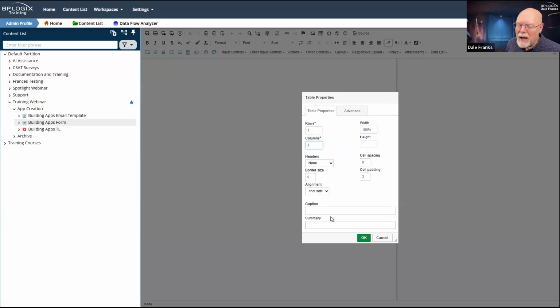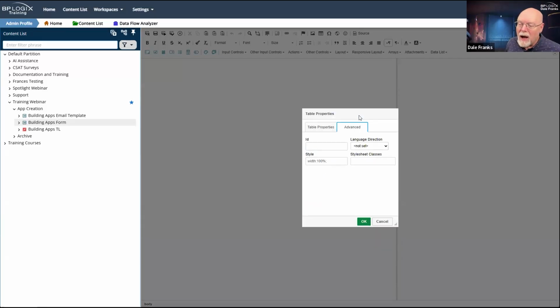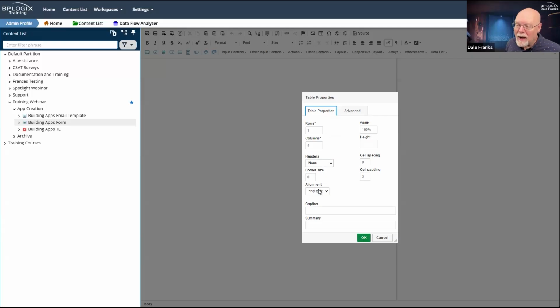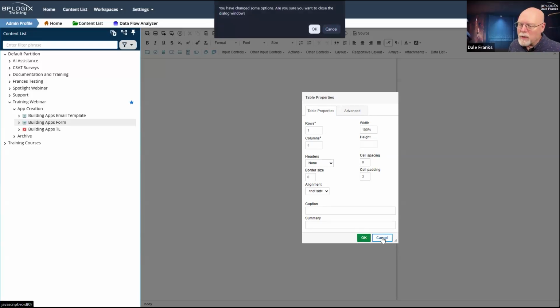I don't need any headers. I don't need a caption or a summary. This is solely a sort of a display table. There is actually a new property on the table that marks it as just a layout table, which is kind of how I'm using it here. It doesn't appear in this version of it. I guess I'd have to be in 6.1.200 to show you. So just so that you know, there are some changes coming up to the table properties for accessibility reasons. For now, though, we're just going to keep this table.